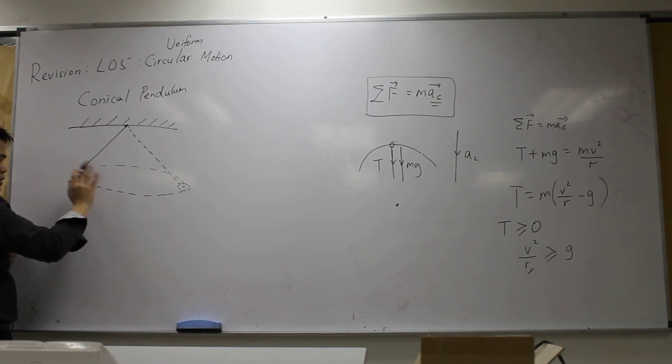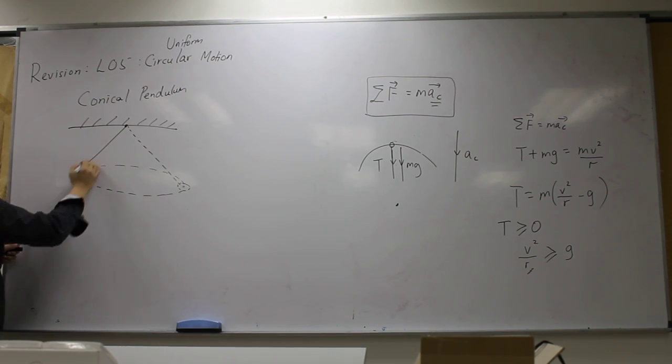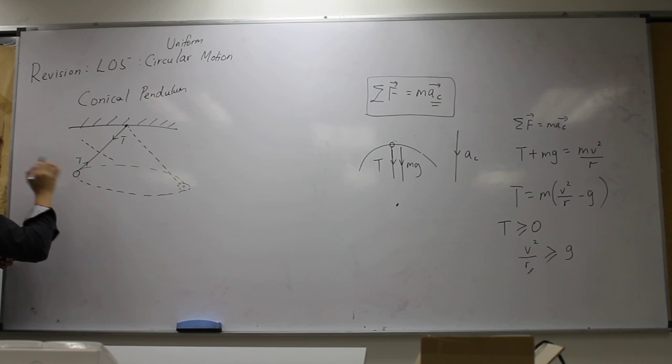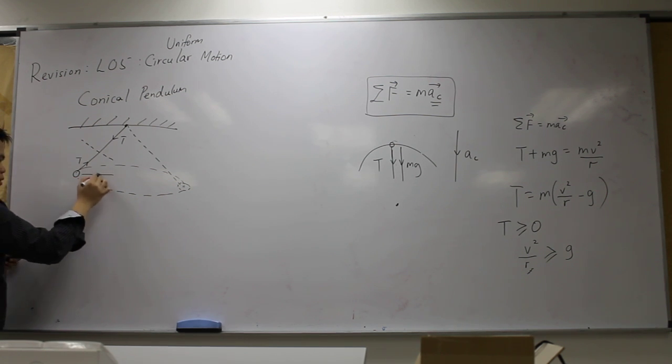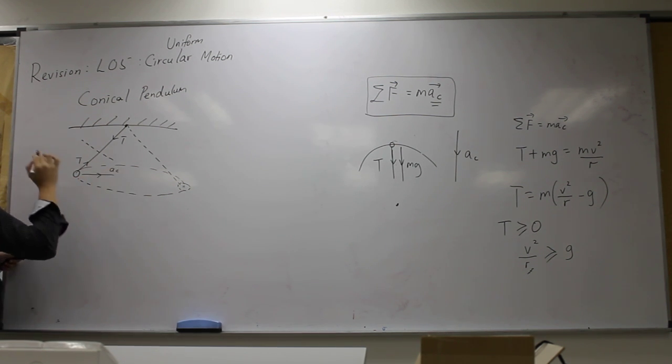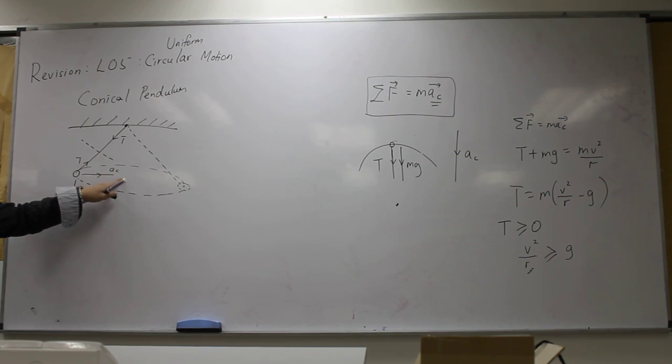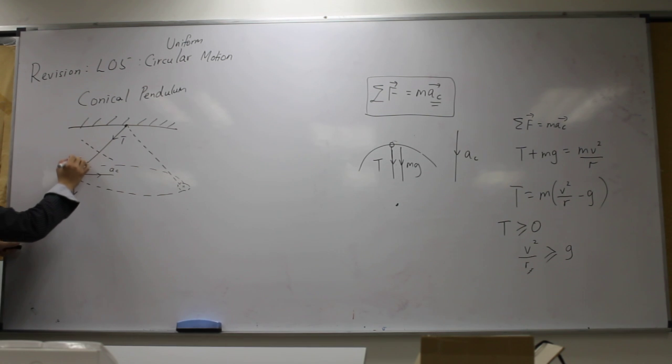Then, in order to investigate this question, first, there is always tension here. Second, as a result, it has a centripetal acceleration here. Somehow, there is a force to support it. From here, you know that the net movement is to the right. No vertical movement, which means that definitely there's a vertical component here to cancel the mg. And coincidentally, there's a tension here, so you know that